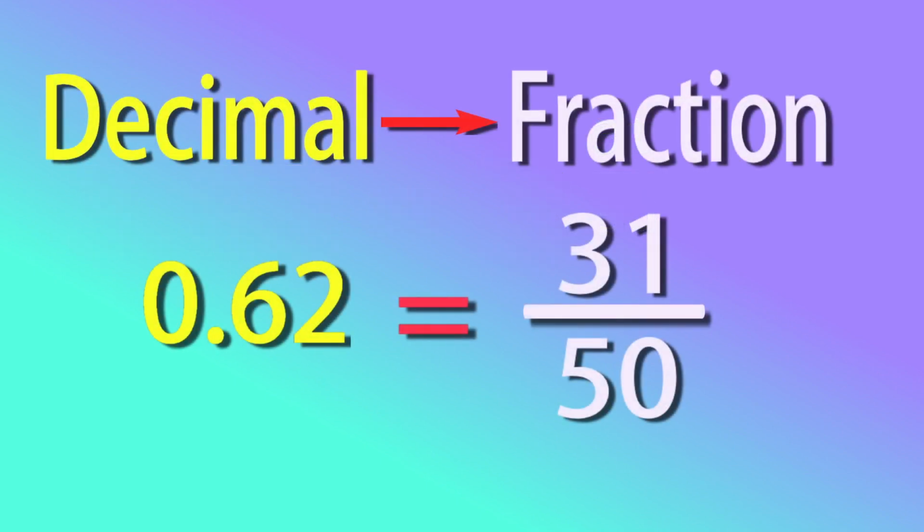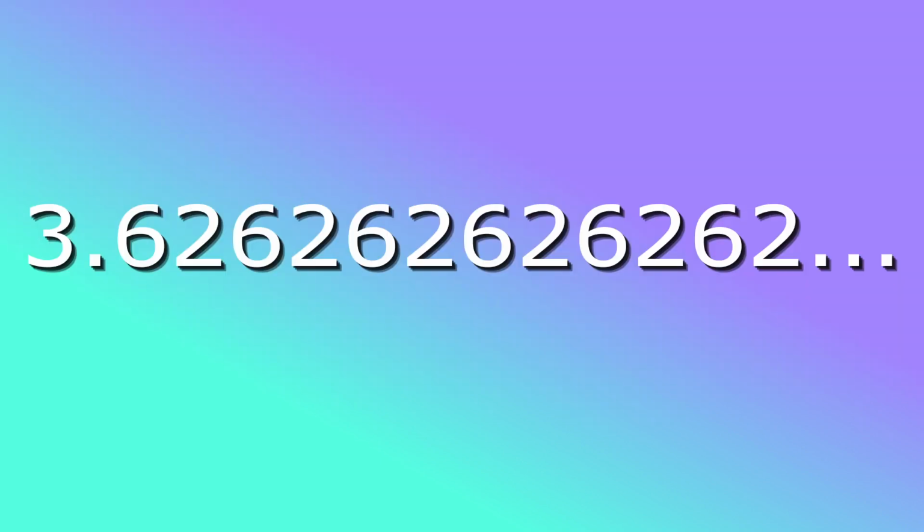Well, that's our short lesson for today. In the next lesson, we'll be looking at how to convert a number with recurring decimal places into a fraction. For example, a number like this. You can see that after the decimal point, the numbers repeat on and on, and it goes on forever. We'll be looking at how we can convert a number like this into fractions.